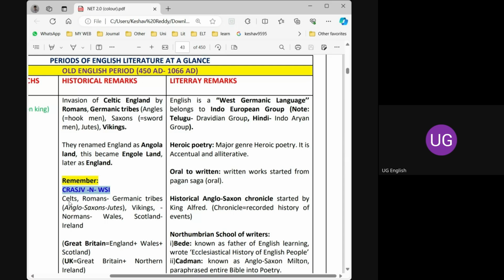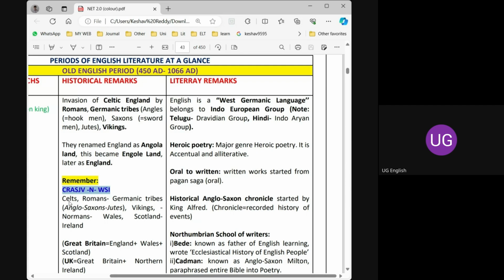The Celts are the first of the tribes who invaded England, and this is known as Celtic England. Now, after the invasion of the Celts, the land is known as Celtic England, and later this is invaded by Romans, that is CR, and A stands for